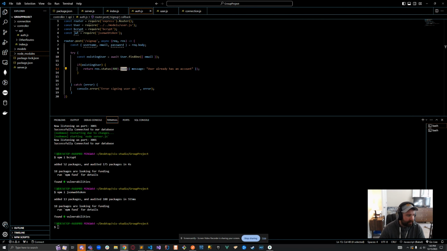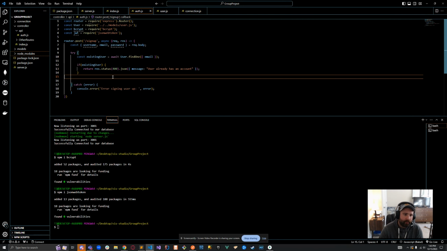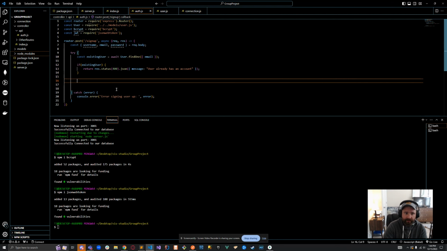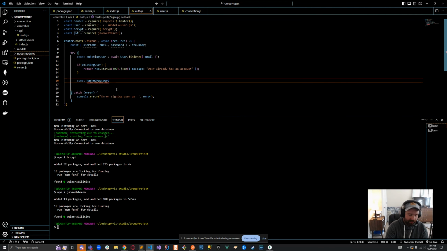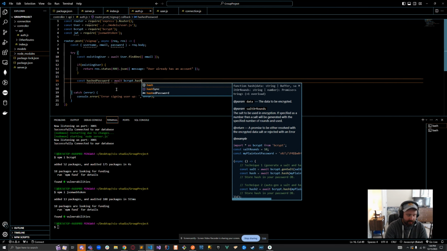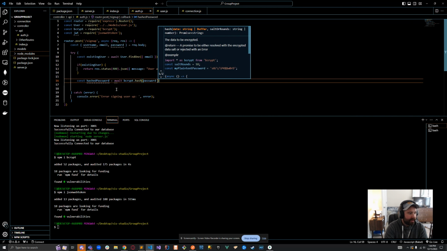So we did that. Now we want to handle the instance where we are going to sign a user up. If this doesn't happen and that user doesn't exist yet, we now need to create the user. The first thing I want to think about is, we need to store this to the database. We were talking about how we needed to hash a password before we stored this to the database. So how are we going to hash a password? We're going to say const hashedPassword equals await bcrypt, which we imported, dot hash the password, and we're going to say password, and then